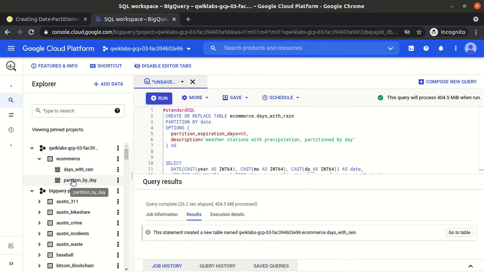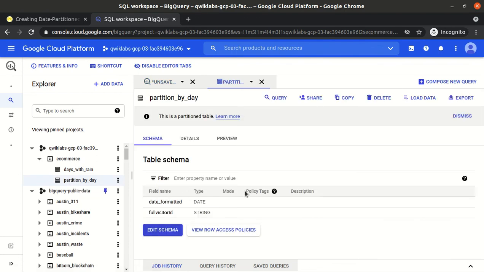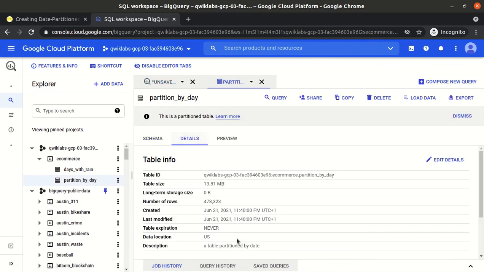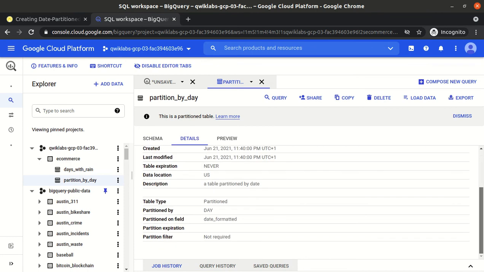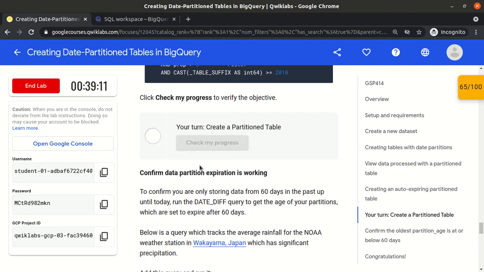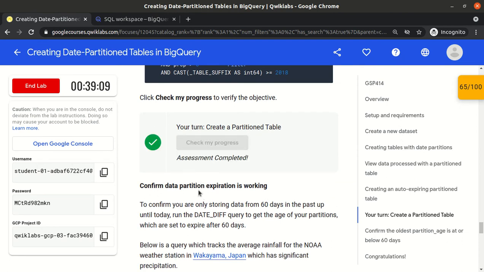Now if we click on this and go to the details tab and scroll down, we will see that it is a partition table, and the icon also changed. In the partition table we could see partitions, but for a normal table we did not see any partition, so the icon also changes. So we created the partition table.